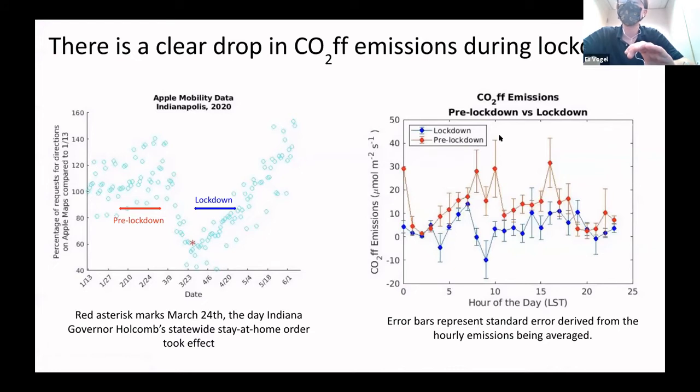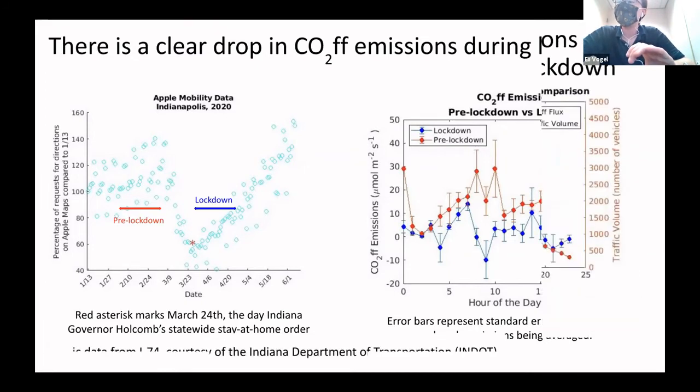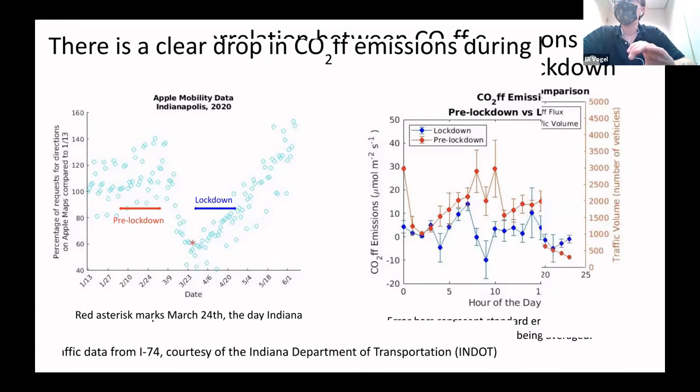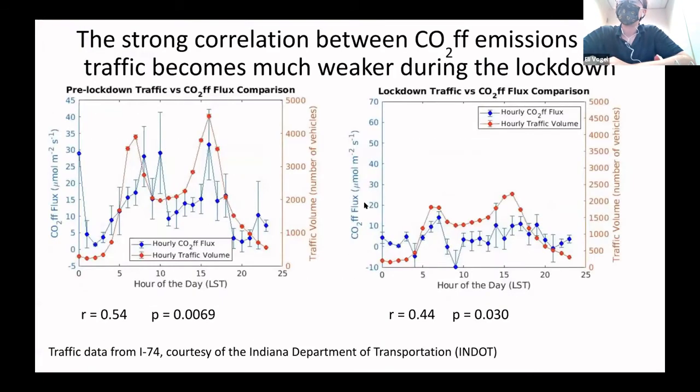And according to Tower 7, there are a lot less fossil fuel CO2 emissions as well. So on the right is a graph of the hourly average of both periods, ignoring weekends, and only using measurements taken when wind was blowing from the east, and also using the method of disaggregation described previously. The red corresponds to pre-lockdown, the blue corresponds to lockdown. The drop in average hourly emissions is pretty stark here, as you can see. Next slide. There you go.